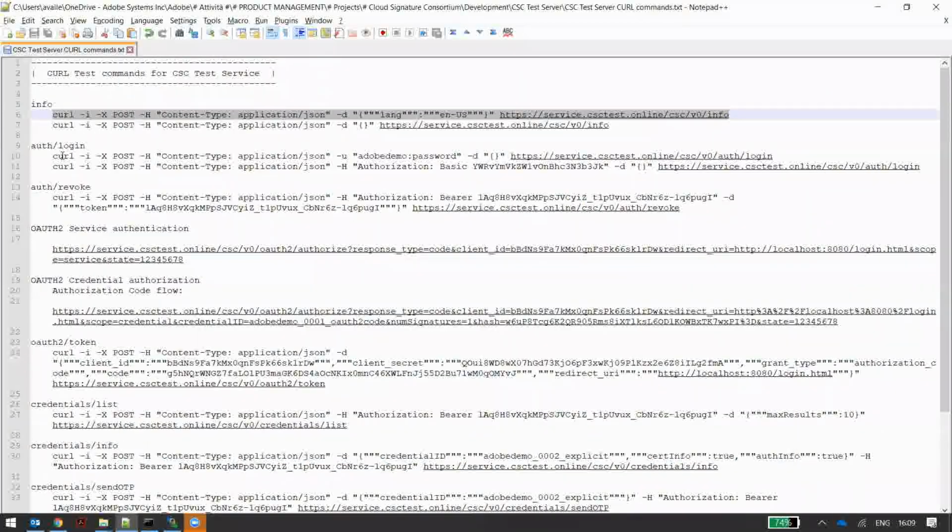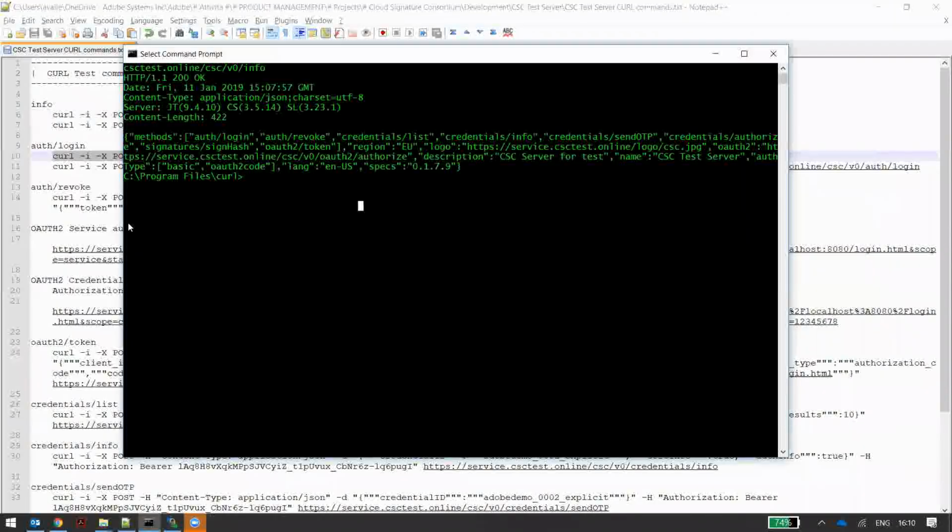The next step is login. So let me show you first login with basic HTTP. In this case, I'm using a user that has Adobe Demo as username and password as password. Very, very secure, of course, but it's a test system, so you will forgive me for that. And again, we copy. Let's leave a blank line. And then